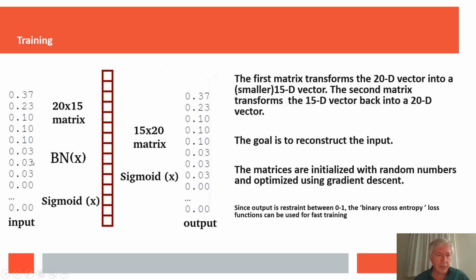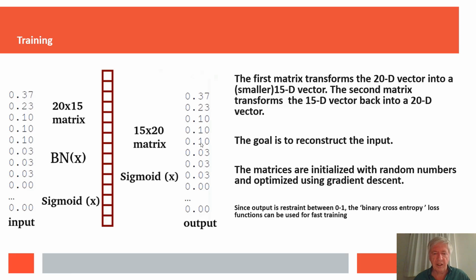So we start with this vector, we go 20 to 15 and 15 to 20 and hope to get back at the same vector. So first we optimize these two, 20 by 15 and 15 by 20. As somebody who works a lot with symmetry, I would have loved this matrix to be the inverse of that one, but people who understand these things better than I do explained that it would be better to have two individual matrices and optimize both of them so that you get the best result. And